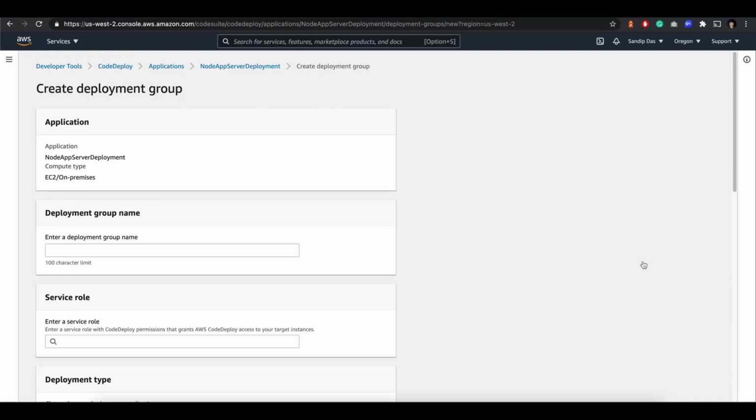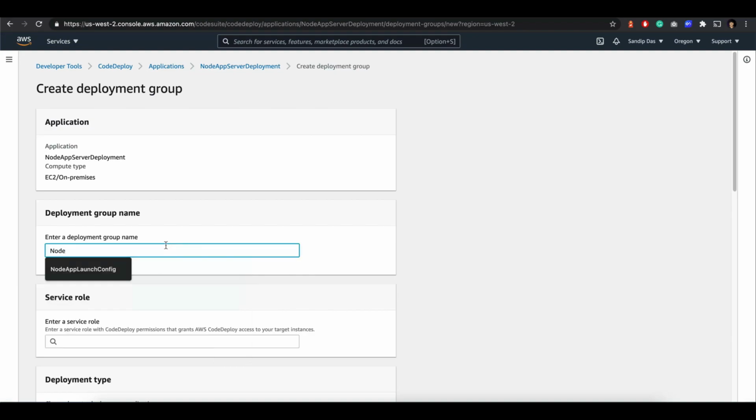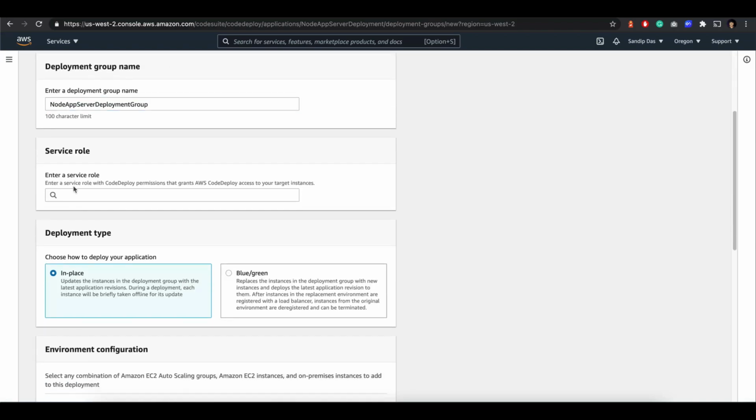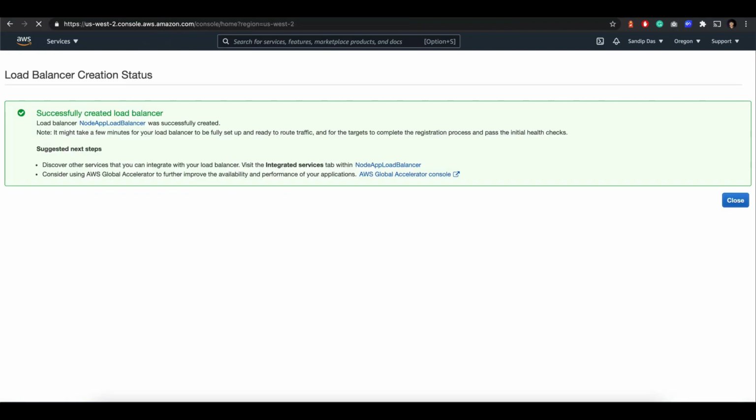Create deployment group and enter the deployment group name. Let's call it node app server deployment group. Okay, service role, we need to give it a role, the CodeDeploy role. Now how to create the role, you can just go directly to my previous session and do it, but here just for the sake of simplicity I'll show how.